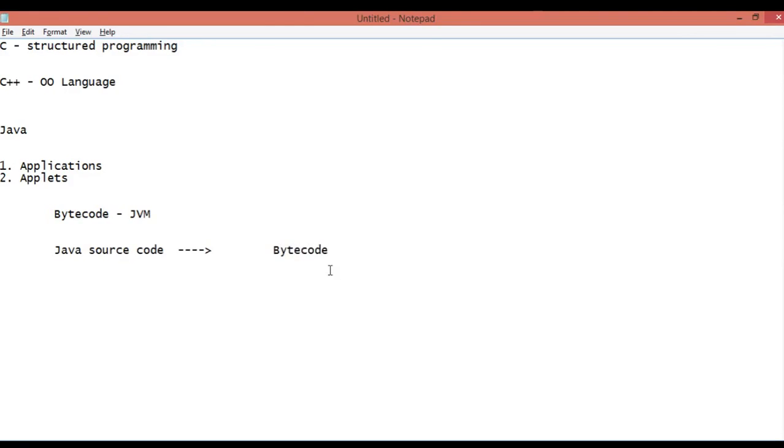bytecode, and then we have the JVM, which is Java virtual machine, and under this JVM we have operating systems like Windows, Linux, or Solaris, or any other operating system, and finally we have the CPU, so Intel, or it can be Arc, or any